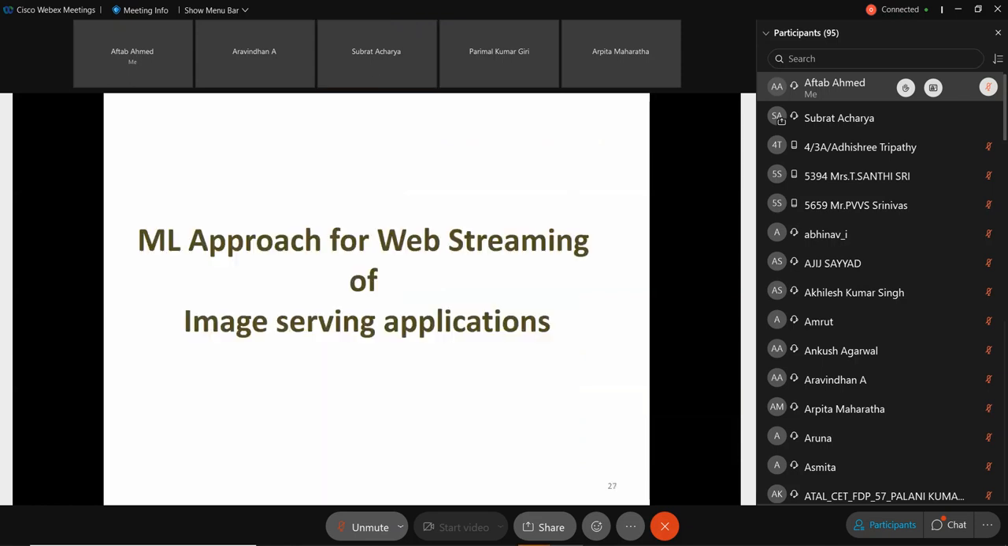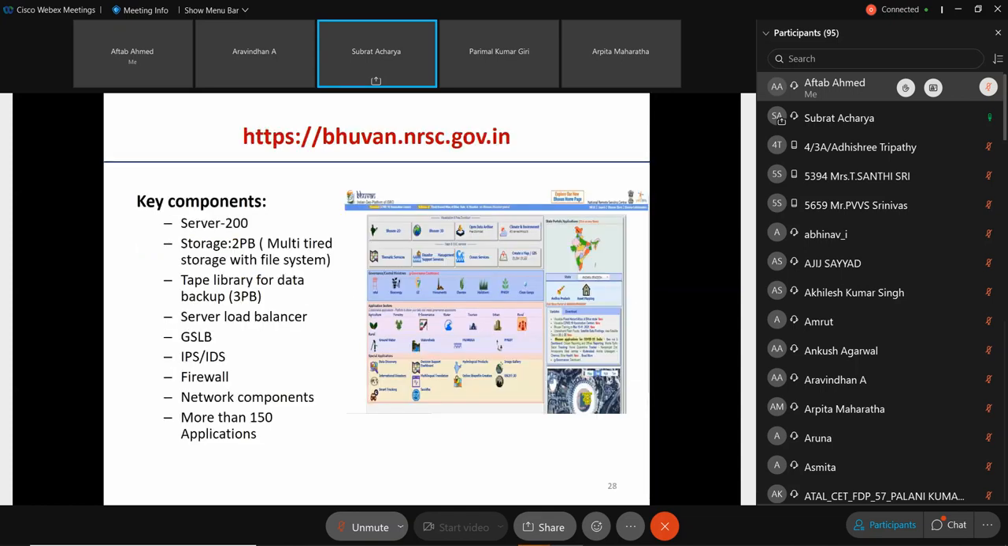So now coming to the machine learning approach for the web streaming of the image service application. Until now I have just highlighted the algorithms and how decision making happens at a different device level. Here I'm highlighting some of the basic things we have for that one portal, like multiple servers and some storages, then a backup mechanism, then a load balancer